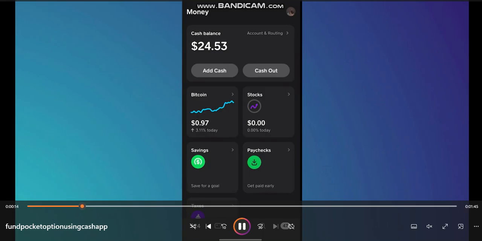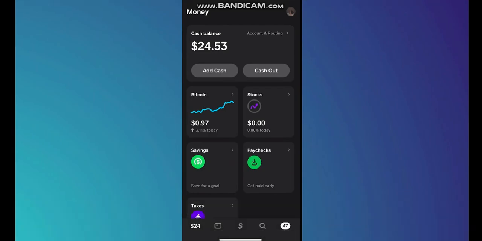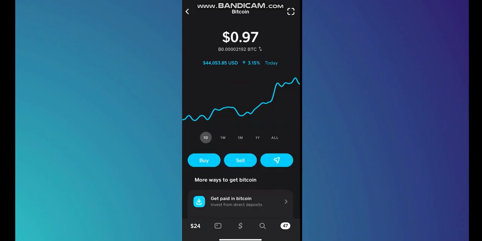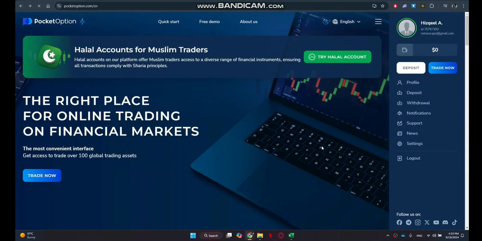So you need money in your Cash App account in order to buy Bitcoin. So depending on the amount of deposit that you want to make, you have to transfer money to your Cash App balance, right? So then you go ahead and you buy the Bitcoin,